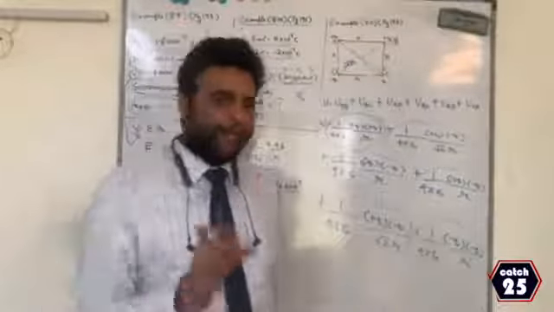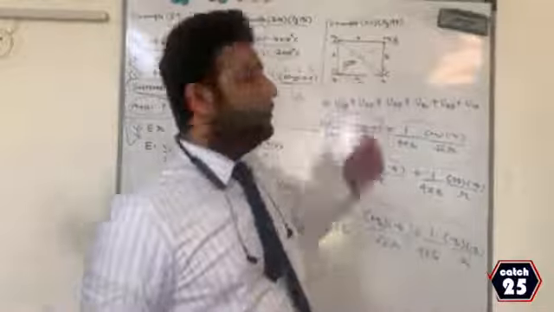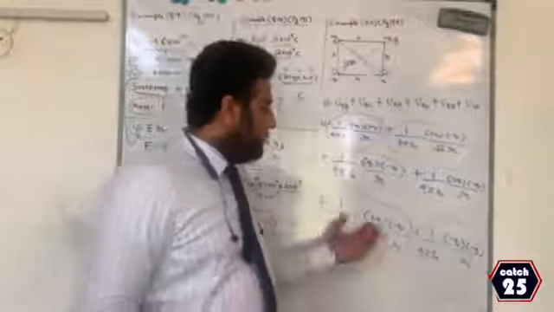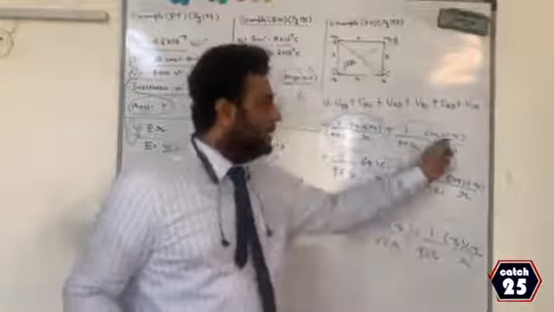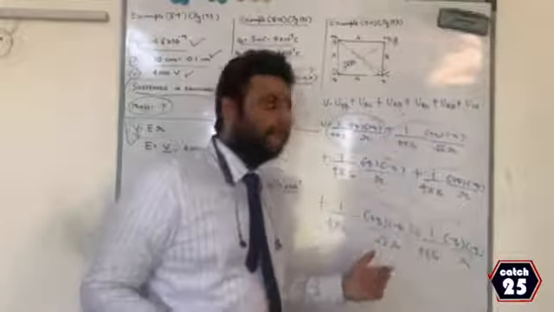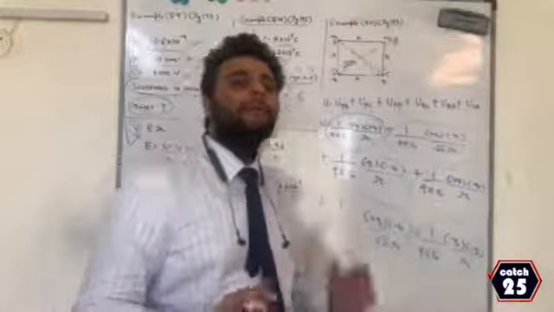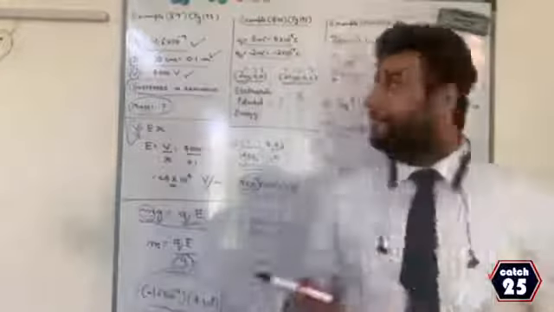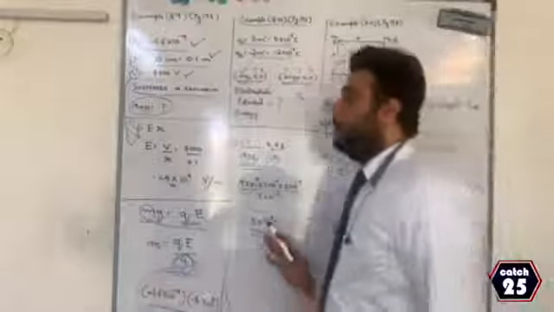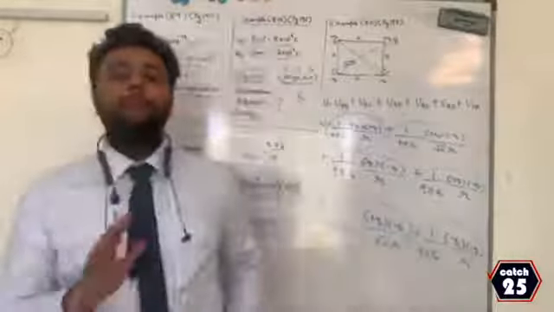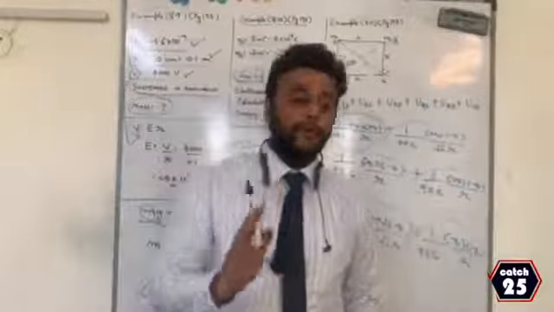In an MCQ, you should get the right answer A, B, C, D, but this kind of problem won't come as an MCQ. Therefore, take 1 by 4 pi epsilon naught outside. You can even take Q square outside. Plus minus will come to it later. Whatever term you get inside, you can leave it at that. Therefore, we have done back-to-back three problems, 8.9, 8.10 and 8.11, all making use of our FEWE table.